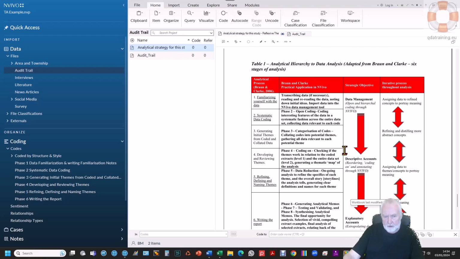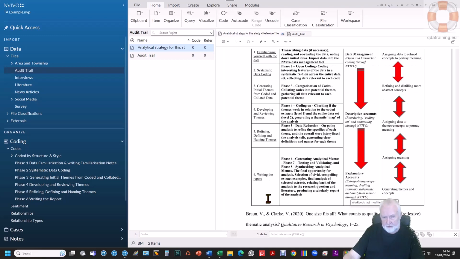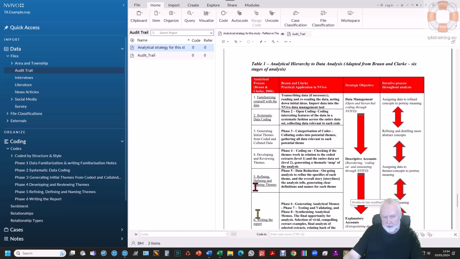Now, we have a summary table here. This is not strictly speaking necessary, but we have. We really want to show with this table that here are the 6 stages in the first column as recommended by Braun and Clarke. In the second column, you have the corresponding process for Braun and Clarke. So what they would recommend,